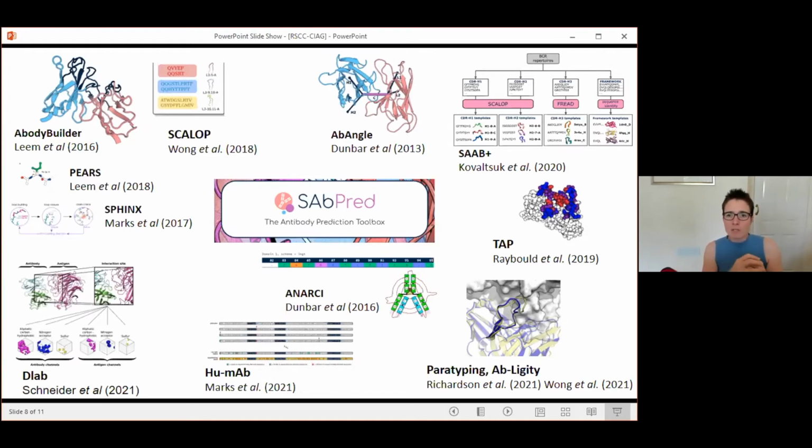So what you want is something that will do the same thing, but its sequence is potentially very, very different. And these tools are built and designed to do that step. And then finally, TAP. This tool is called the Therapeutic Antibody Profiler. What it's designed to do is not work out if an antibody binds, but work out if it's what's called developable. The easiest example of developability is if I want to have an antibody to use as a biotherapeutic,